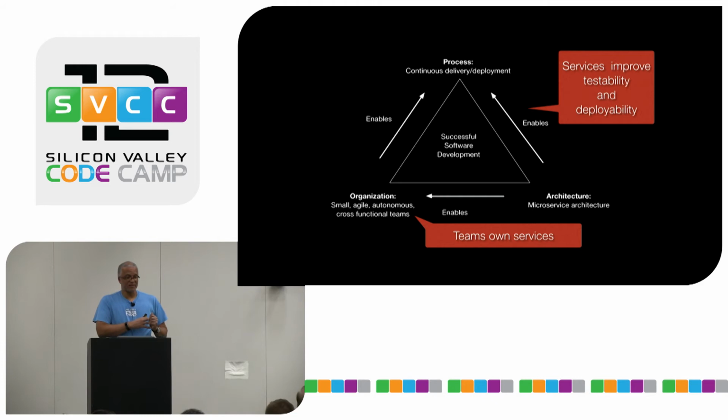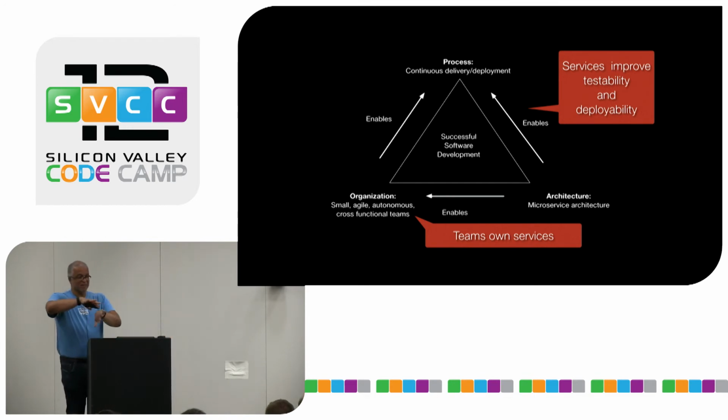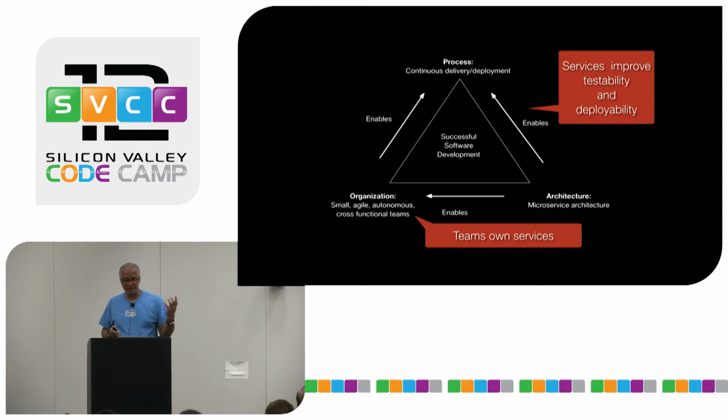Whereas with the microservice architecture, each team has their own service or set of services that they can develop, test, deploy, and scale independently of all of the other services. Once you've agreed on APIs with other teams whose services you need to communicate with, you can go your separate ways. And so this gets to the essence of why the microservice architecture is good.